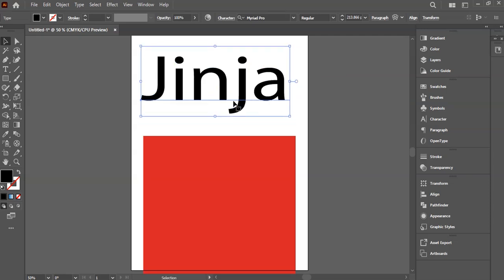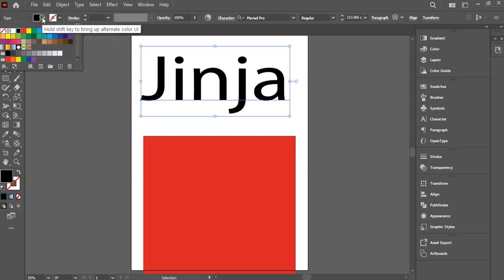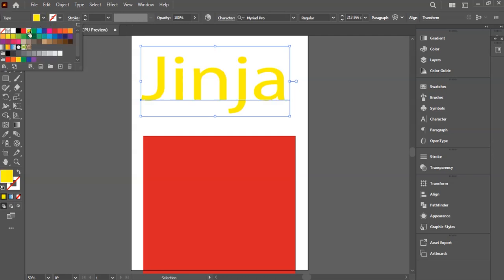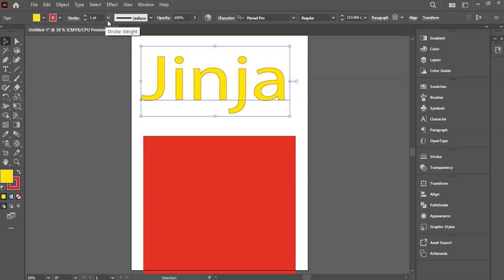Then we're going to learn how to change the text color. To change text color, you come here. Are you seeing here? You can change text color. That is how you change text color. So we start with the learning projects. If I want to apply stroke on this text, I come here. Are you seeing here? You click the color of the stroke, then the point. You can increase the stroke weight here,